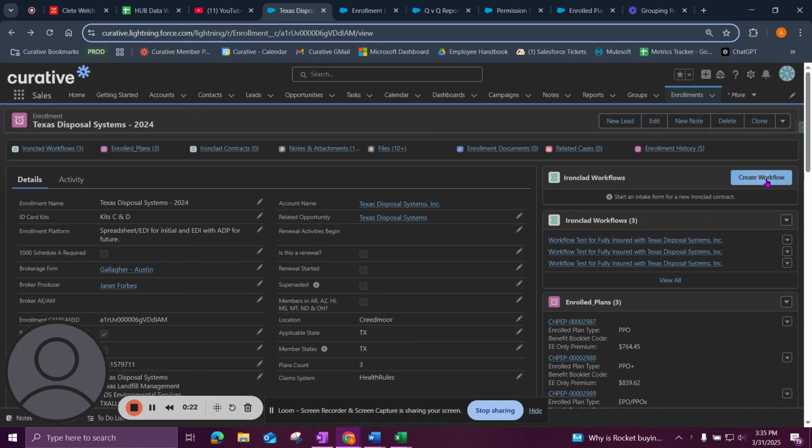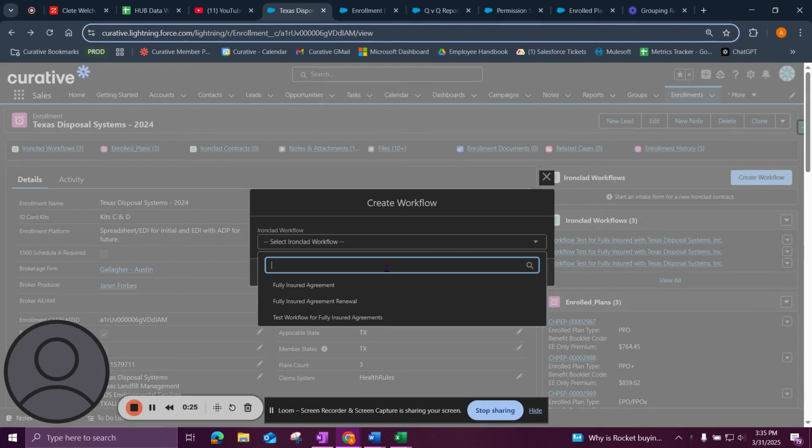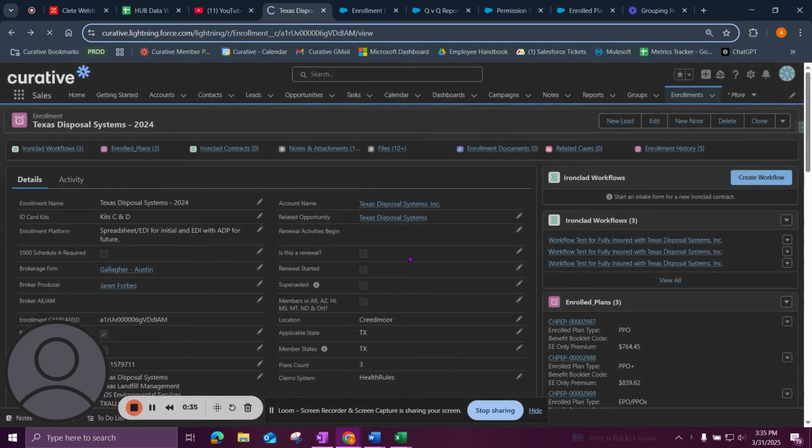But just to look at what the feel is, you can configure these workflows to come directly from Ironclad into Salesforce and connect to the data that you would like, so that when an Ironclad workflow gets run,